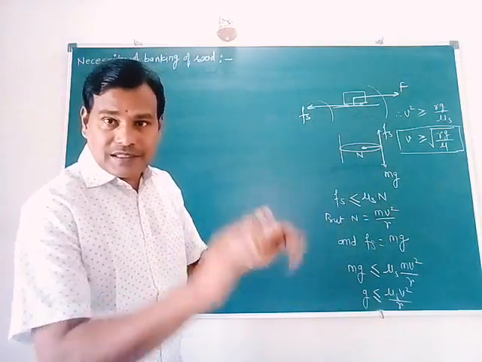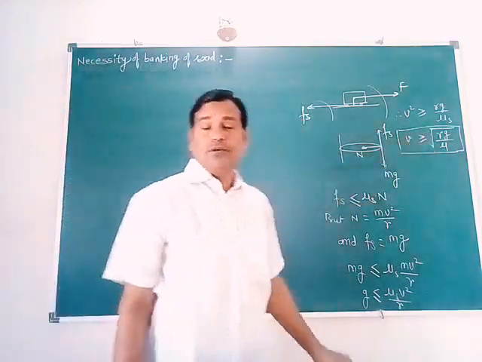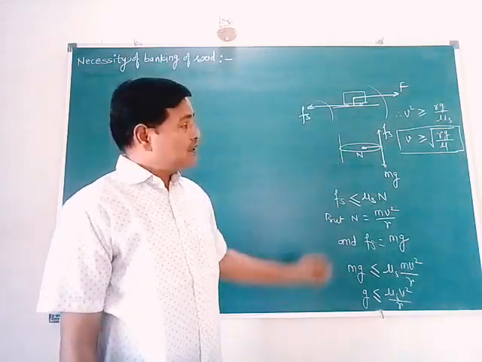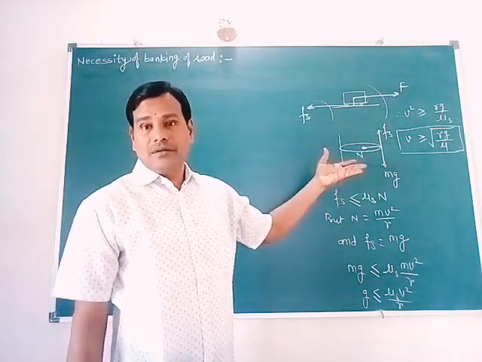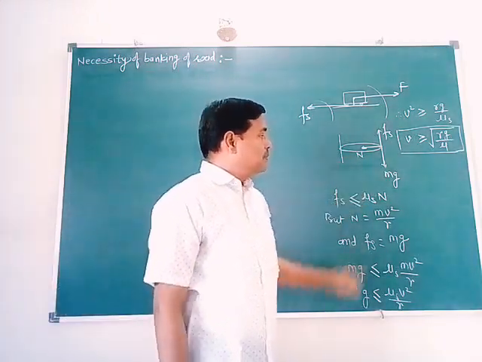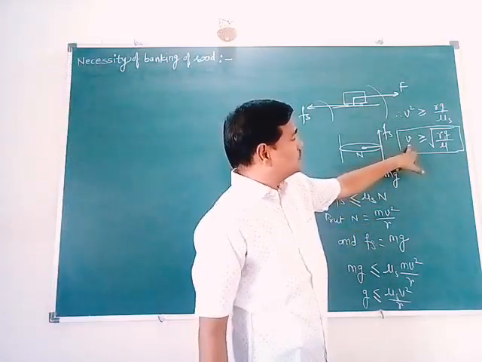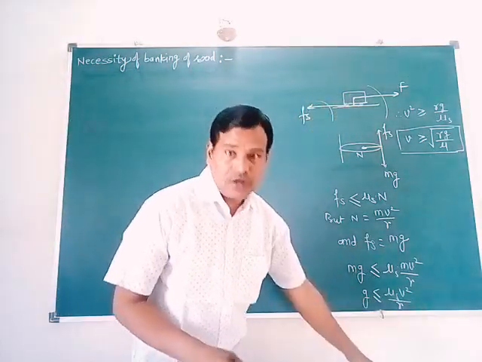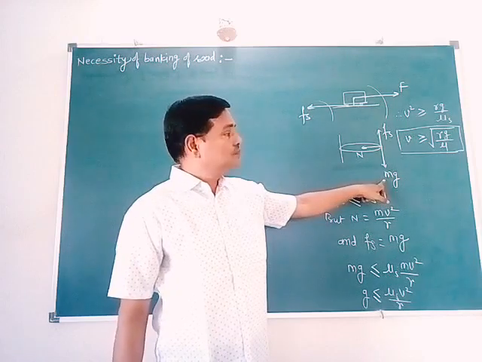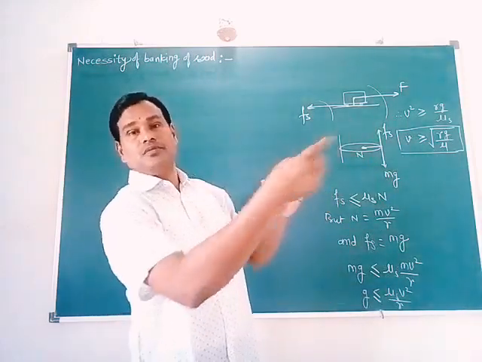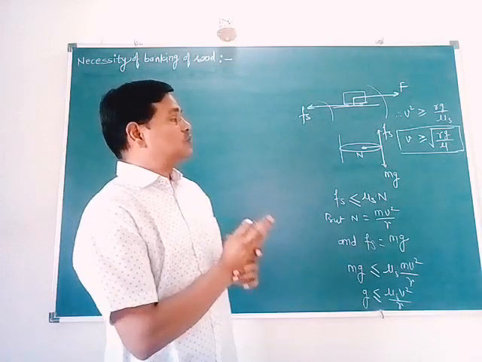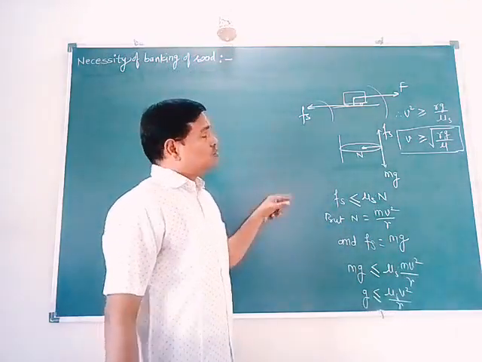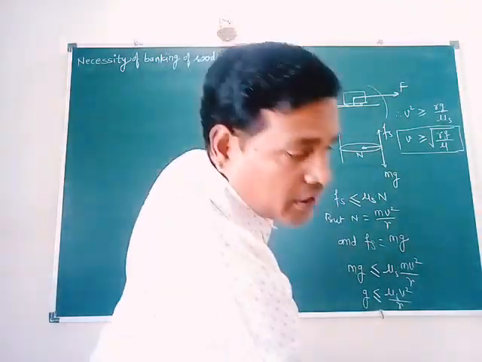If this velocity is less than that one, what happens? It means the force of friction is less than the required value, and due to the speed which is less than the particular speed, that vehicle will move in the downward direction, in the direction of weight mg. So it will fall down, it cannot perform circular motion. So the speed of the vehicle must be either equal to or greater than this one. This is the limiting speed of the vehicle. So these are the two conditions which I wanted to explain.